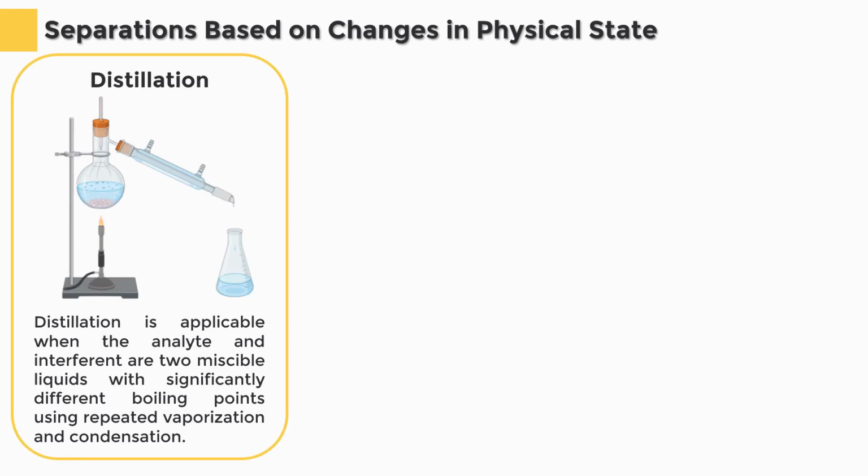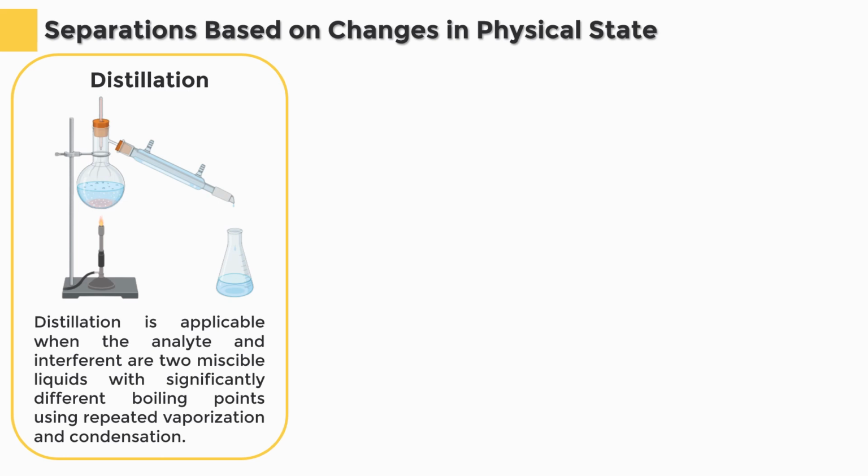In this part of the video, we'll discuss separations of analyte and interferent based on the physical changes of the sample. The first one is distillation, which is applicable when the analyte and interferent are two miscible liquids with significantly different boiling points, using repeated vaporization and condensation. Simple distillation apparatus is only for separating volatile species from non-volatile species, while fractional distillation provides more opportunity for complete